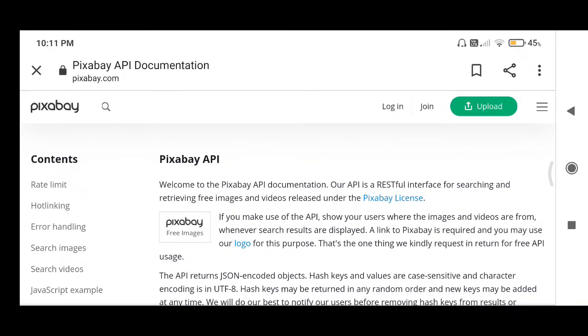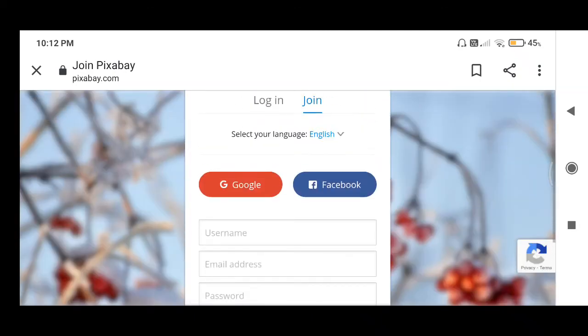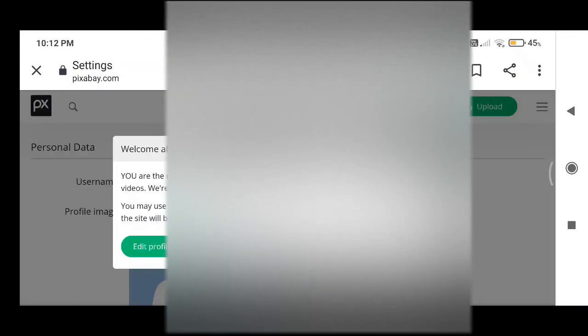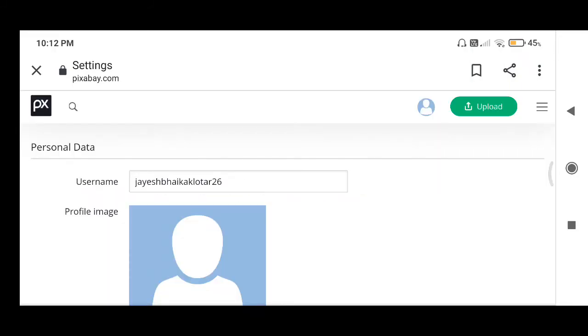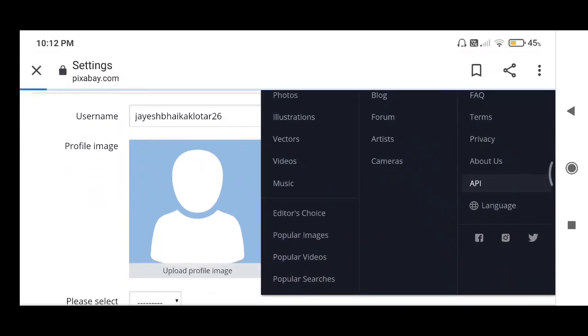So first we are going to join pixabay.com. Click on join, and then I am going to sign up with Google. So here is my Google email. After that we have to write the captcha here, and then click again, and then move to the API section.